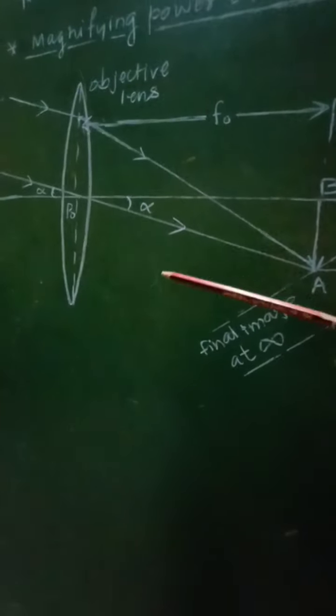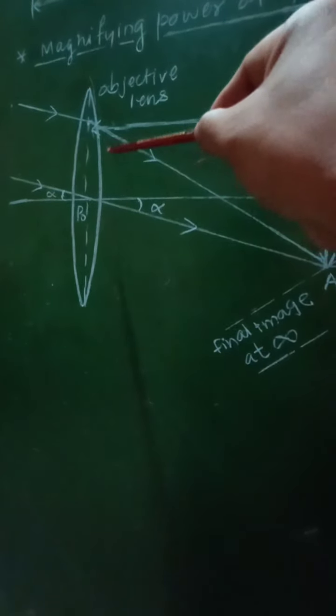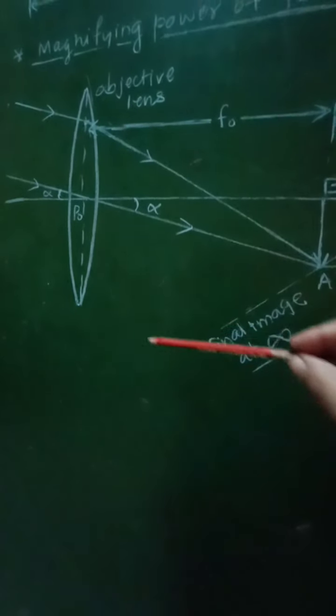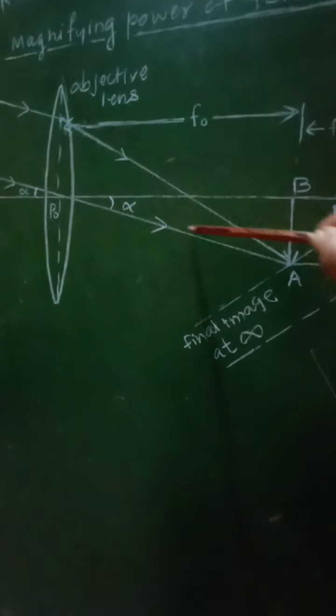So if you consider the ray diagram of this telescope, here there will be an objective lens having larger size as compared with this eyepiece. Initially the object will be far away, and therefore parallel rays of light coming from that object will be incident on this objective. Due to the converging property of this convex lens, these rays will meet at point A, and therefore this AB will be the image formed due to this objective lens.